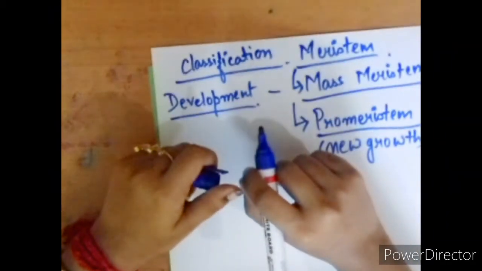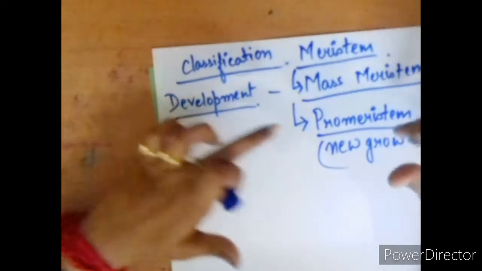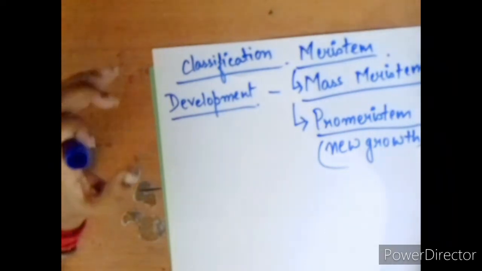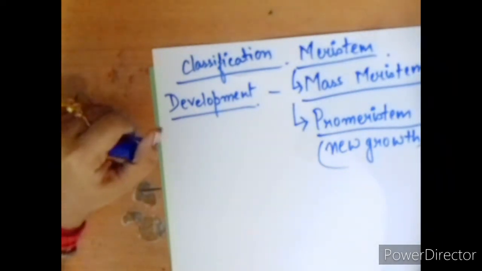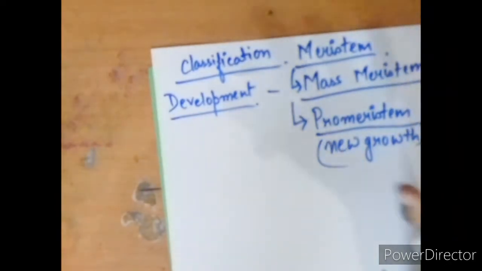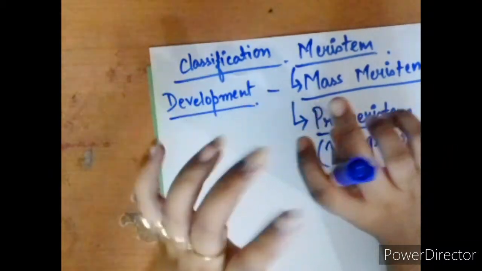From the side branches, lateral branches are coming out. So promeristem can be seen from that area, and it is a new growth in the body where the fundamentals of the new organs of the part are laid, and they occupy a small area at the tip of the stem. So as I told you, the tip of the stem and the root.